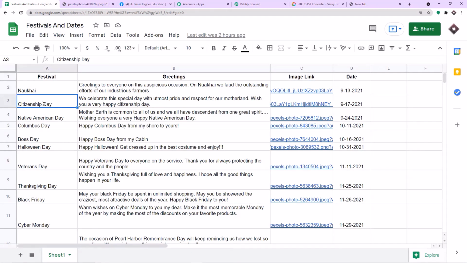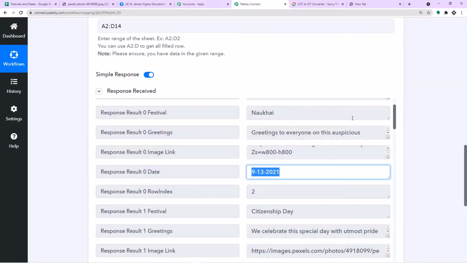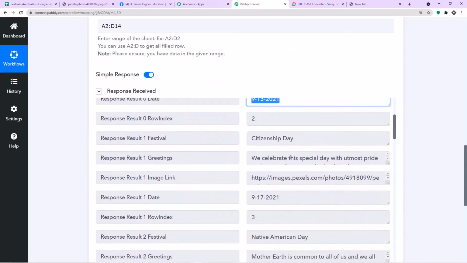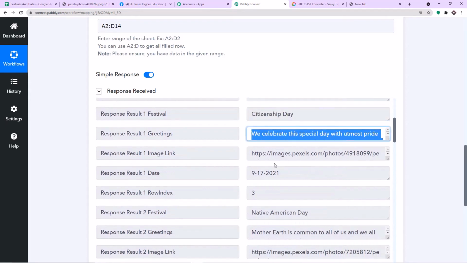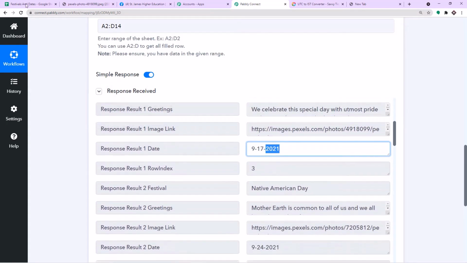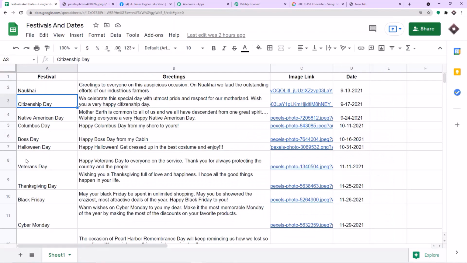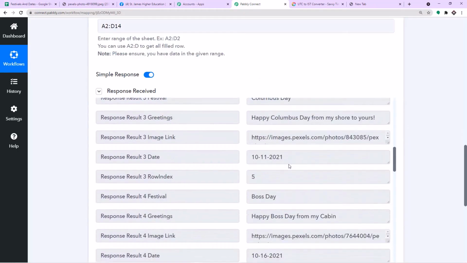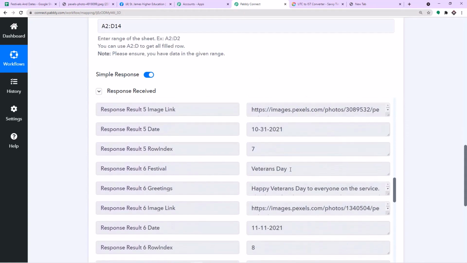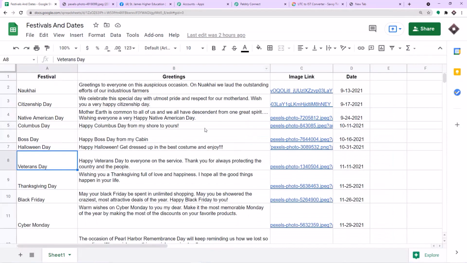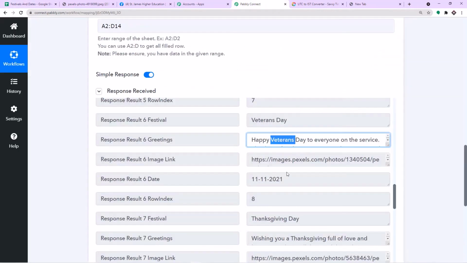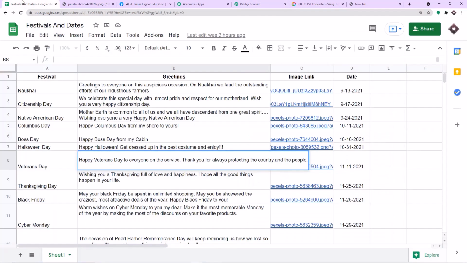Similarly, let's explore the second festival, that is Citizens Day, Citizenship Day. And this is the name. This is the greetings for the Citizenship Day. And then we have the date of the festival. Then we have, let's explore something random, Veterans Day. Do we have a Veterans Day? Yes, Veterans Day. And this is the greetings for the veterans. Excellent, we have that. And this is the date when the